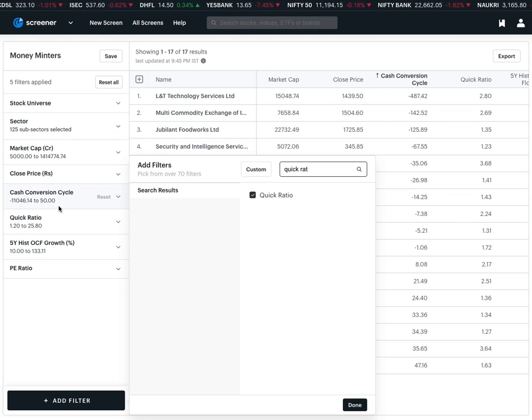So we talked about cash conversion cycle being low. We talked about operating cash flow growth being high. But if my quick ratio were very low, then it might be possible that if something untoward happens or something goes wrong, I might not even be able to pay my liabilities very quickly. So we have added this as a sanity filter just to make sure that we filter out those companies which might be at potential risk of not being able to fulfill their current liabilities. They should have enough current assets minus the inventory in order to fulfill their current obligations.